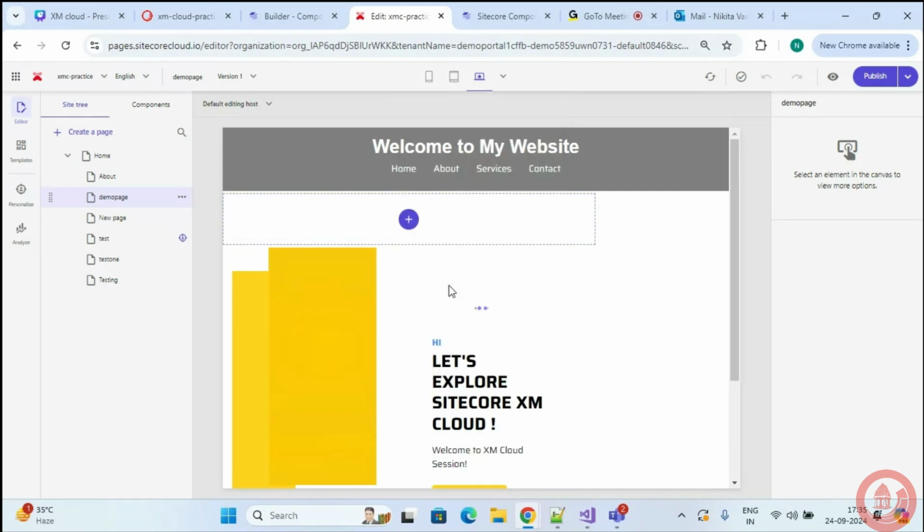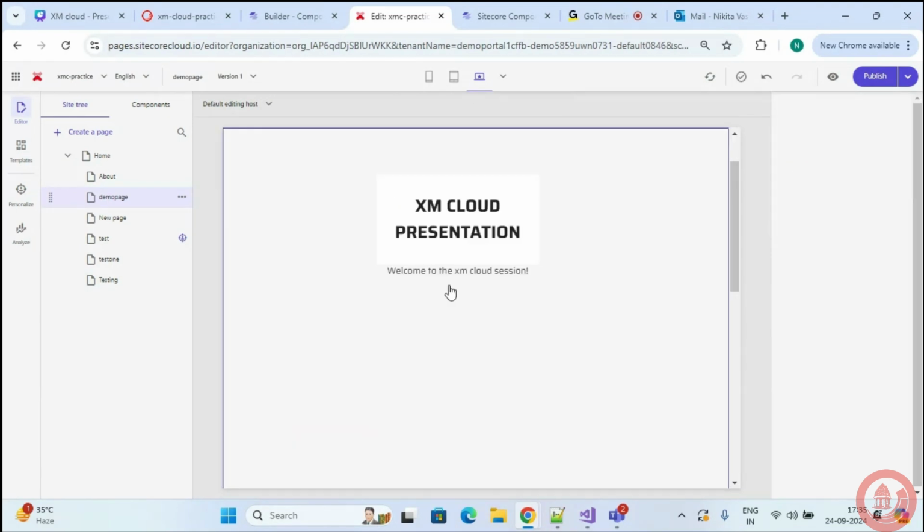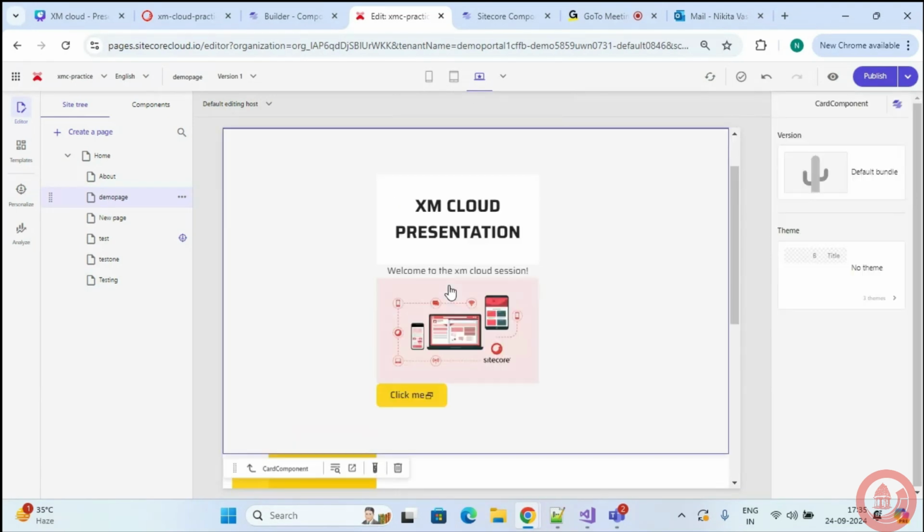I'll save this. I'll click to start editing. Over here, I'll again select the area and add the same elements. Just a second, I have to first add the card. Then I'll add my heading.